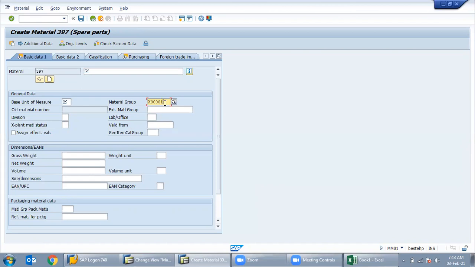So in configuration we do all these things, and we assign the number ranges and the material group. The end user simply has to take all that information which has already been configured and made available in the database, and just create the PR, PO and everything and finish it off. Now it is clear. So this is the job: whatever comes under the drop down, it is the job of the consultant to configure it if required, and the end user will just pick from the drop down, select and save. That's it.